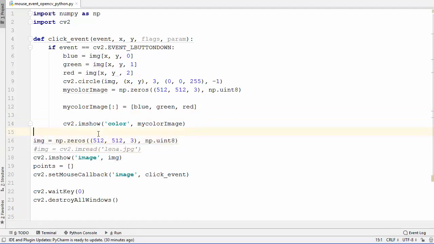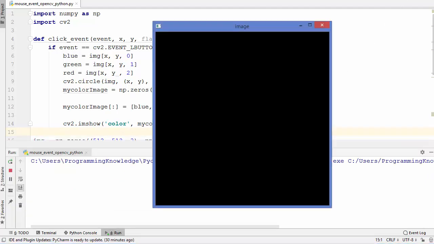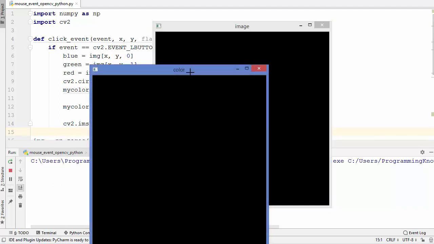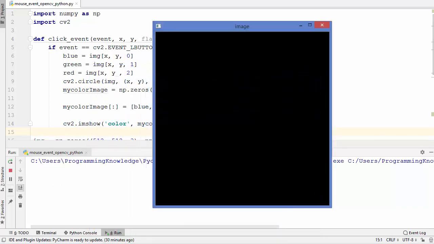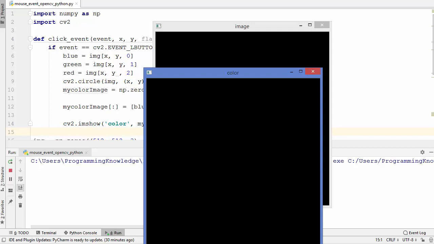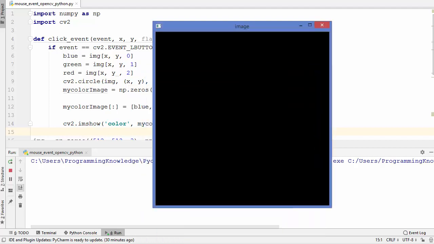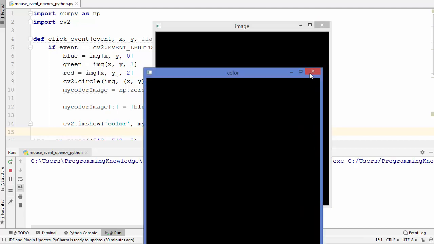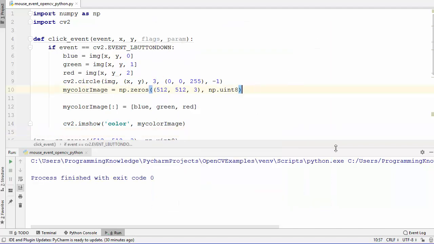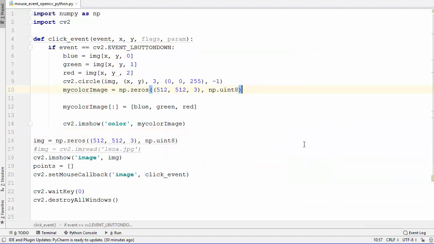So I'm going to just use this numpy zeros image, which is the black image, and let's run this code. And now whenever I click on this, every time I click on any point, it will be the black color window which will open.